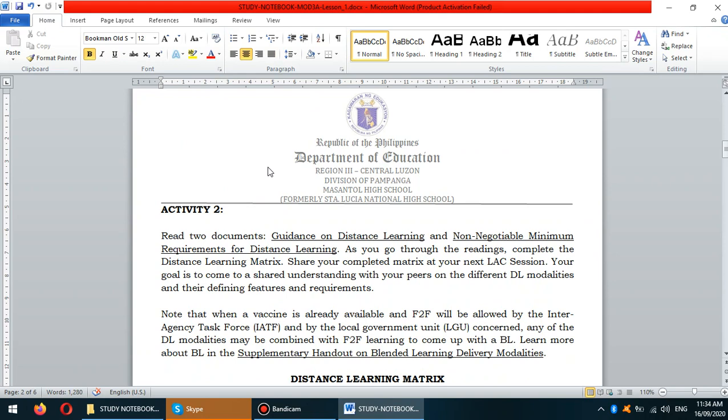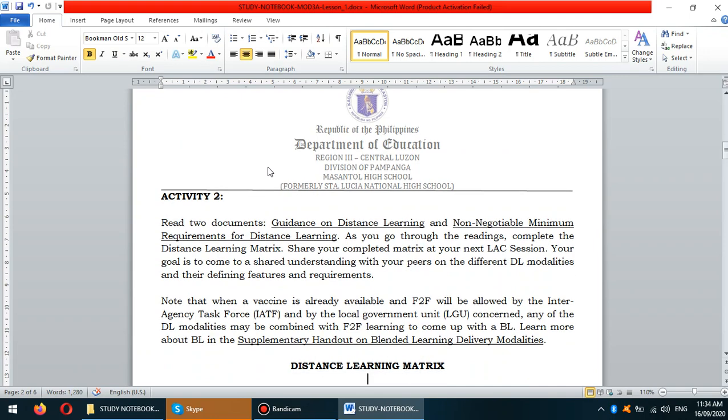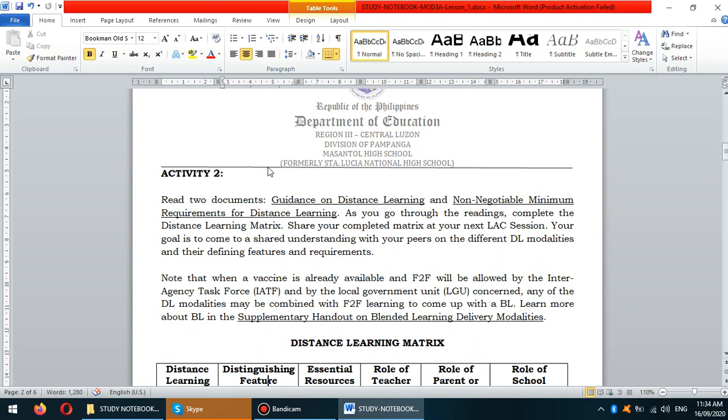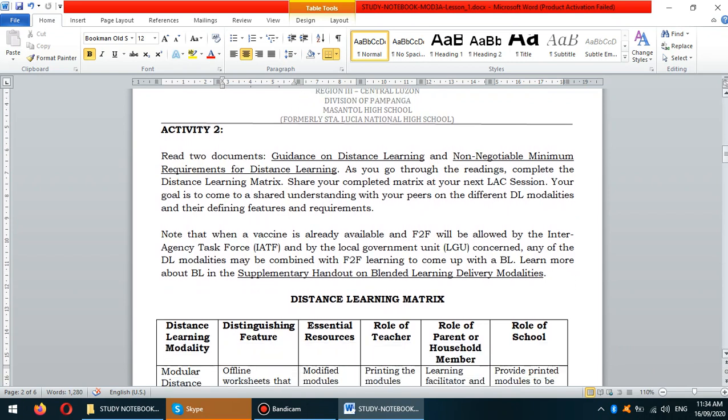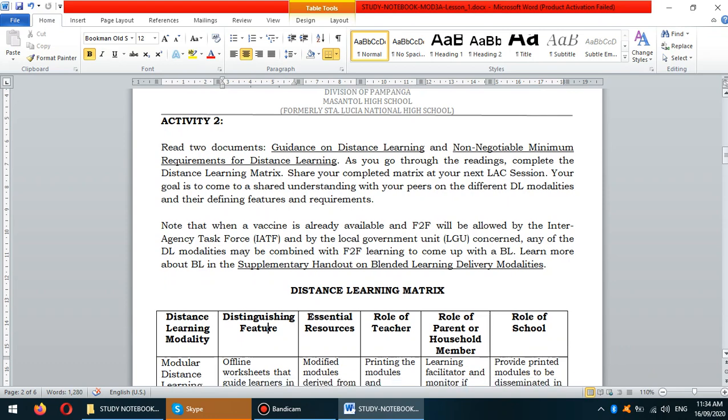The first document that you need to read is the Guidance on Distance Learning, and the second one would be the Non-Negotiable Minimum Requirements for Distance Learning. As you go through the readings, complete the Distance Learning Matrix. Share your completed matrix at your next Slack session. Your goal is to come to a shared understanding with your peers on the different DL modalities and their defining